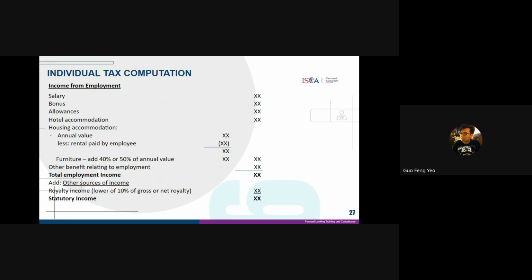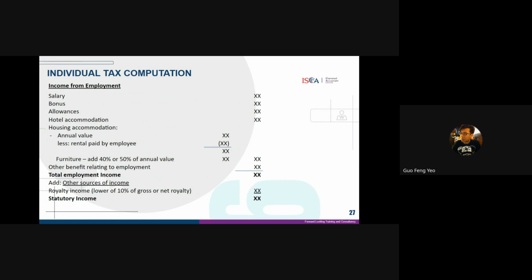So, for example, if an individual has an income from his employment and also derives an income from his investment, such as dividend income, or perhaps business income from his partnership involvement, all this must be set out clearly rather than having one line to say taxable income. In this case, here are some of the suggested types of income that you should break down in your tax computation: salary, bonus, allowances,